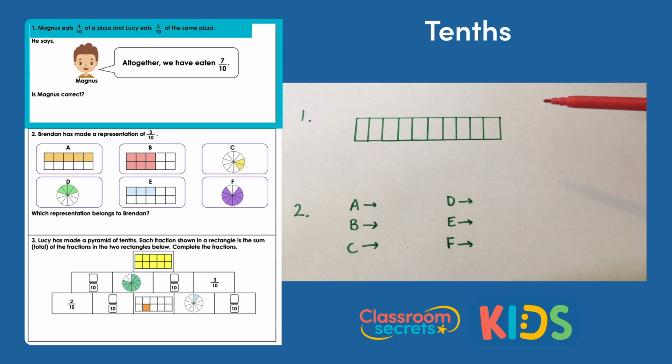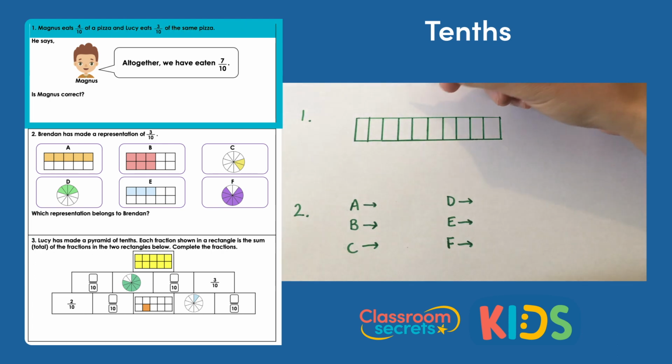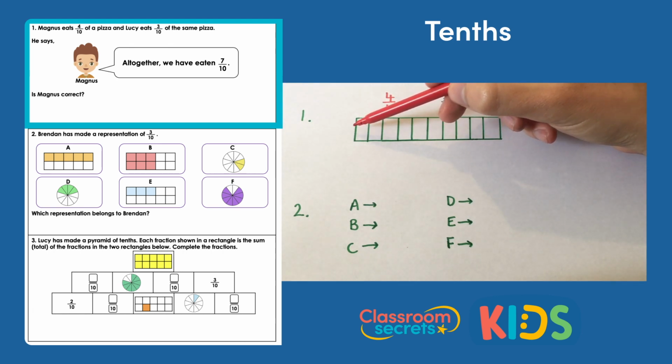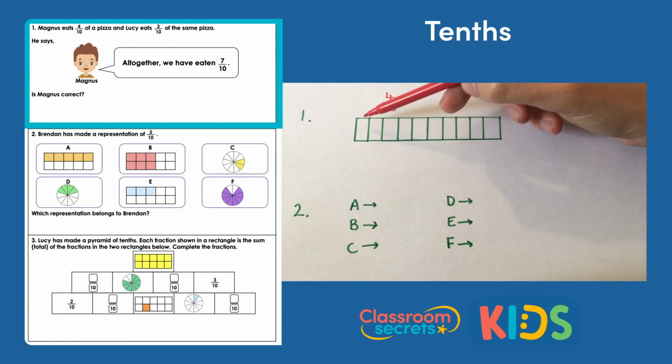Question 1, Magnus eats 4/10 of the pizza, so I'm just going to write that down. And Lucy eats 3/10 of the same pizza. So I'm going to write that down as well. Magnus is 4/10 and Lucy is 3/10. That's what they eat. And Magnus says altogether they have eaten 7/10. Is he correct? So what I've done to help us is I've made a whole bar out of 10 equal